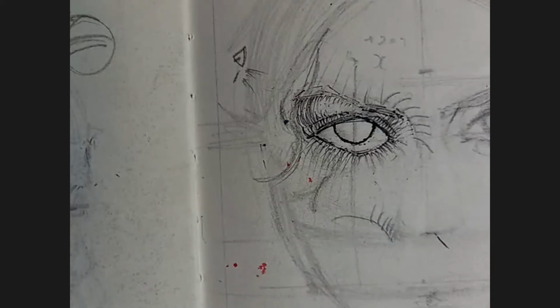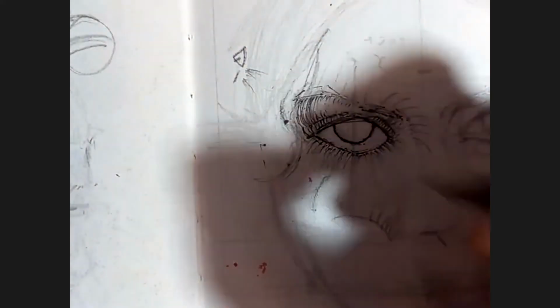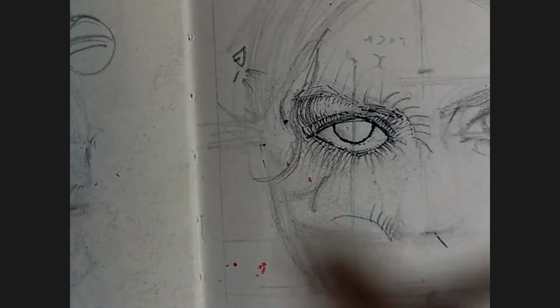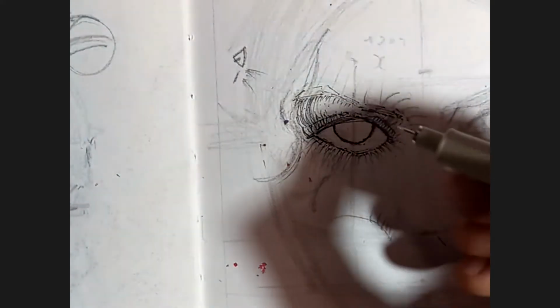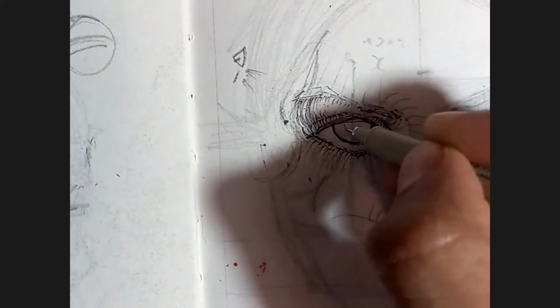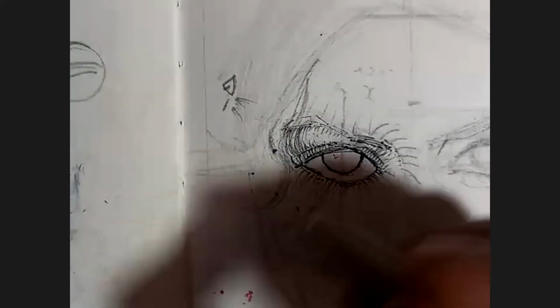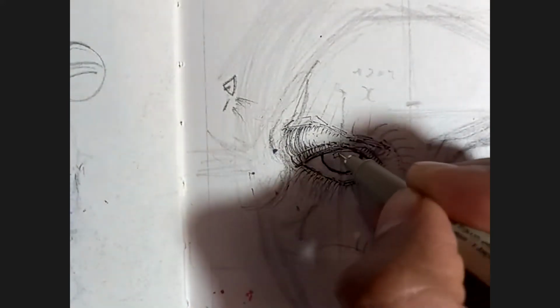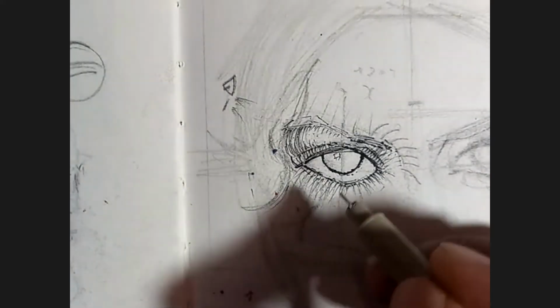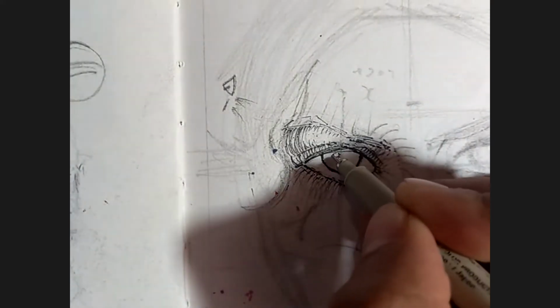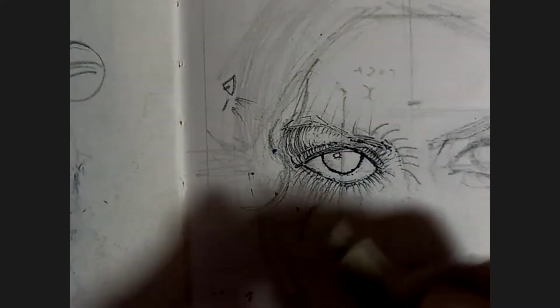All right. Now I can mark the iris and the pupil. Here the iris isn't clearly visible because of the very dark eyes. I can just mark this pupil here. This white pupil is this white window. Find the most appropriate position for this and just block this out.